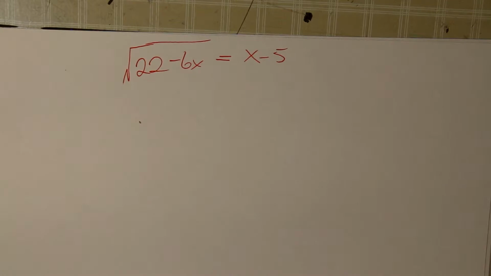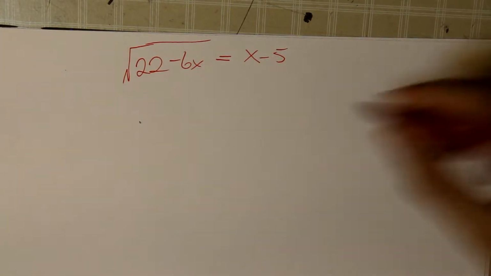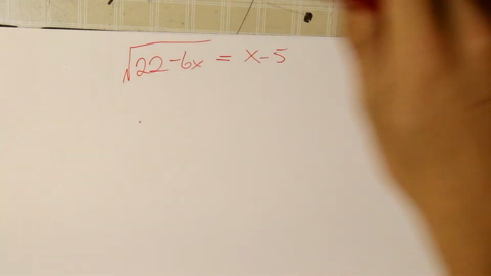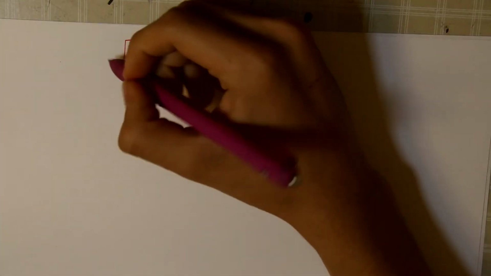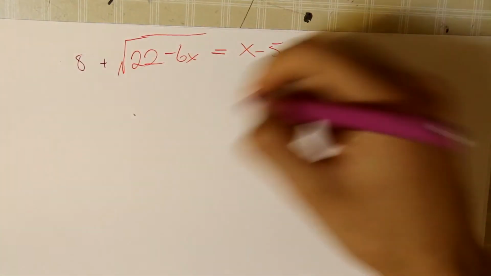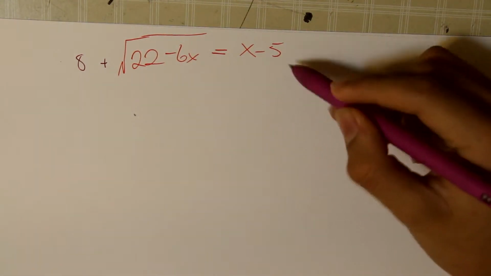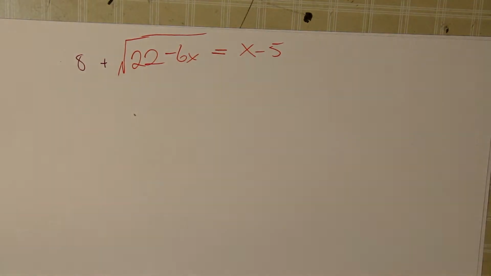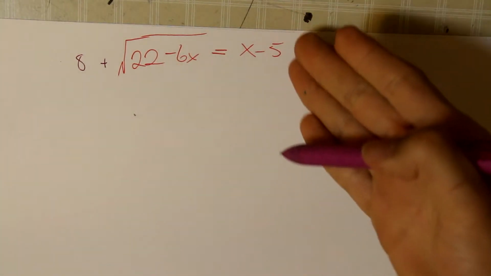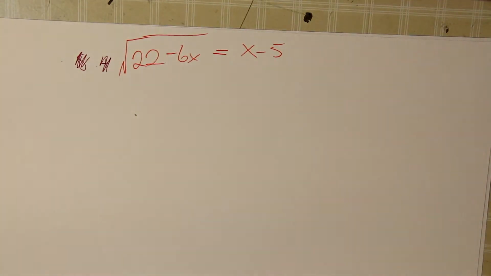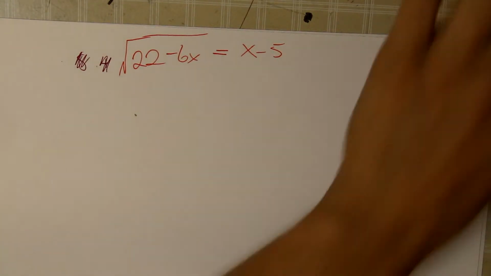But if there was, say, a number in front of the radical, like let's say you added 8, you would have to subtract 8 from this side and subtract from this side, because whatever you do to one side of the equation has to be done to the other side of the equation. But we're not dealing with that. So we can move on to step 2,